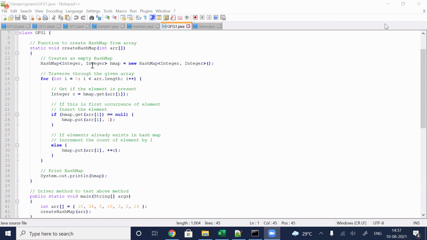Am I clear with hashing? Why do we use hashing? Can anyone please summarize? See, hashing is a technique which is used to store the data in a pair format. The pair contains the key and its value. The advantage we are getting through hashing is that it improves the searching efficiency.